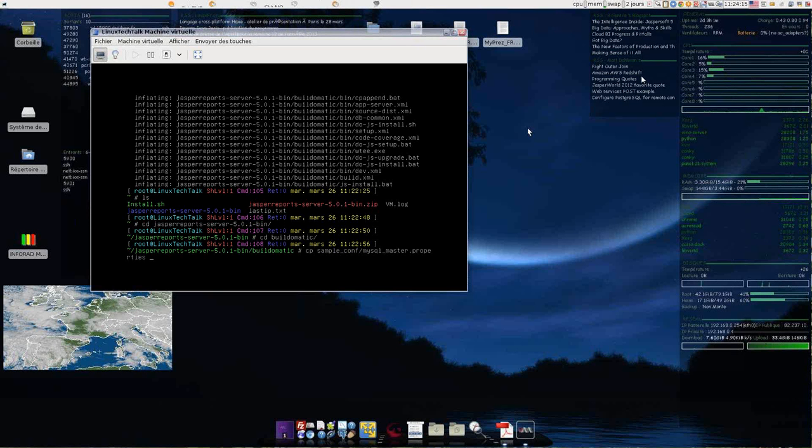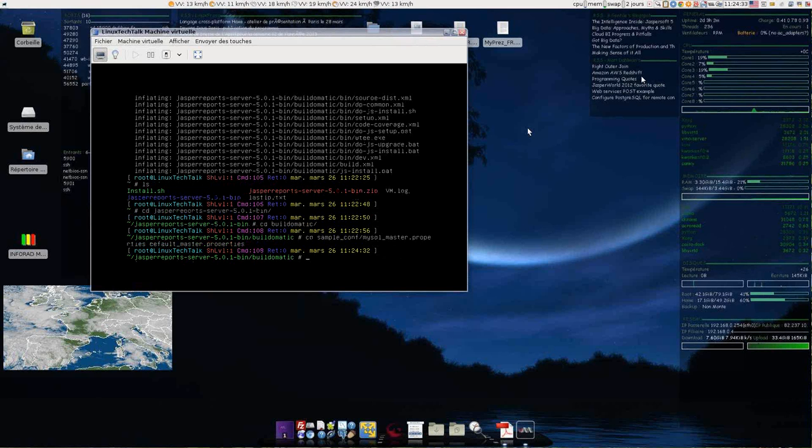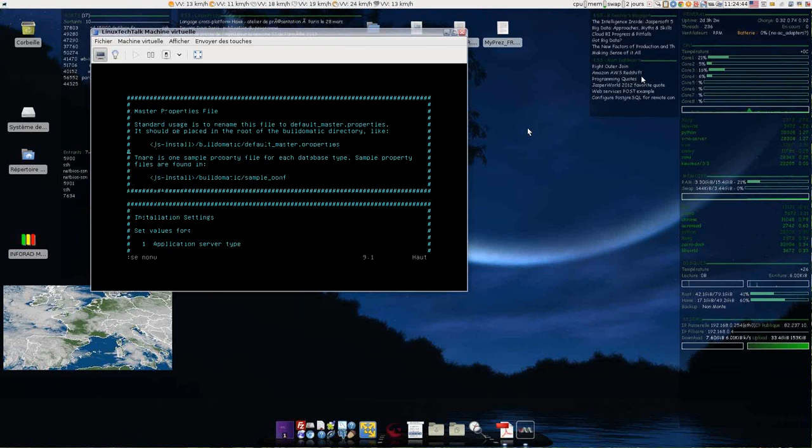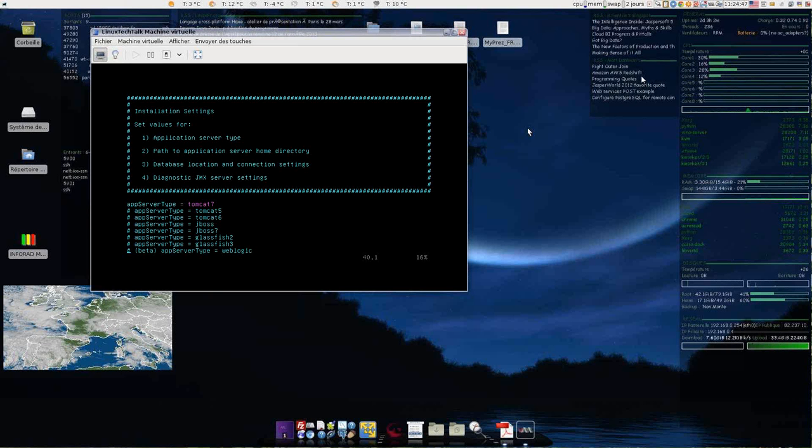It has to be called default_master.properties. Then I will edit it. It is well documented. Here I will comment this line because I want